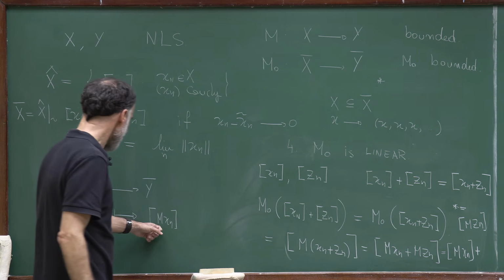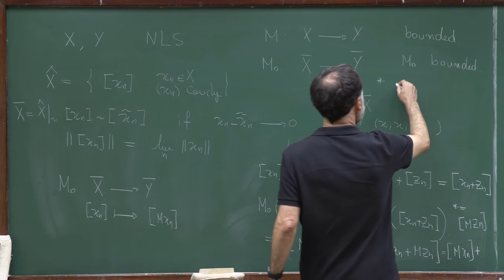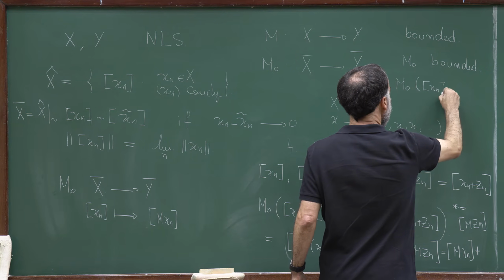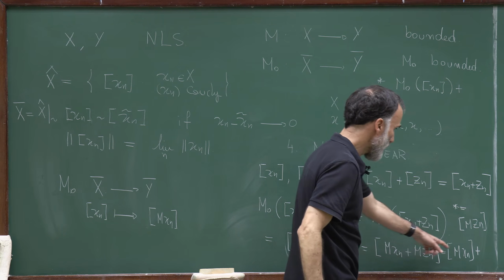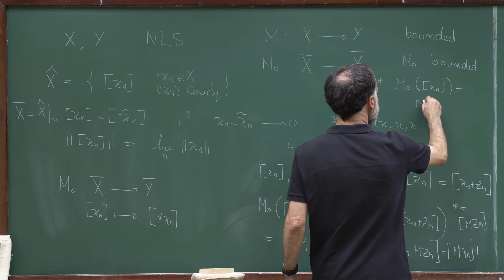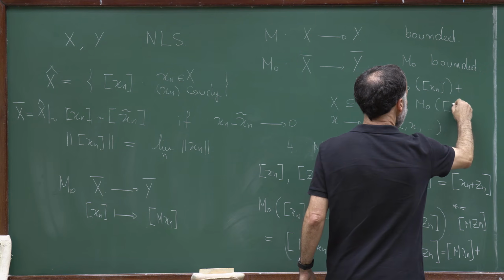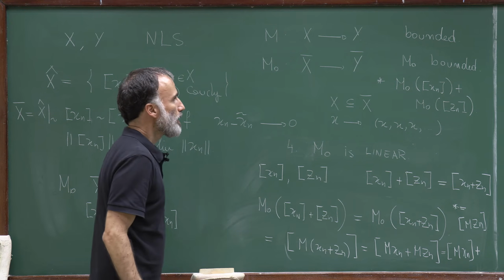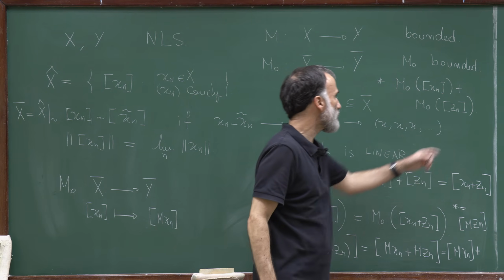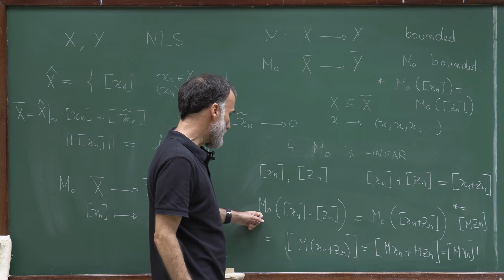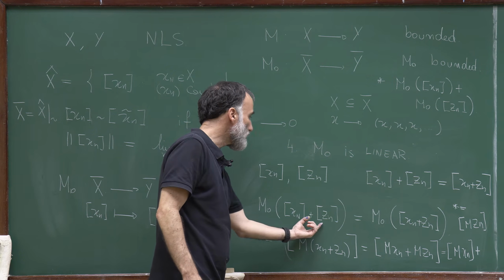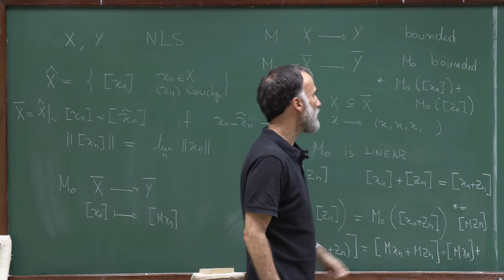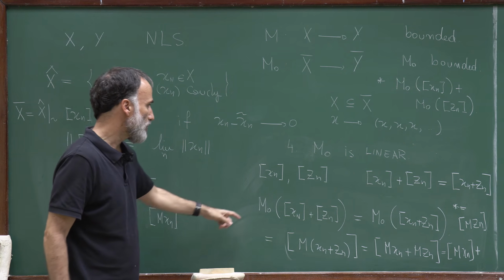Mxn is M0 of Xn, and Mzn is M0 of the equivalence class associated to the sequence Zn. So what we get at the end is that M0 of this sum is equal to the sum of M0 Xn and M0 of Zn. Therefore,